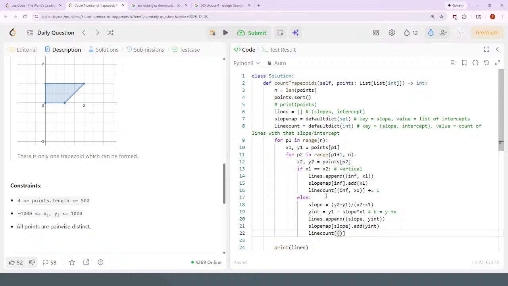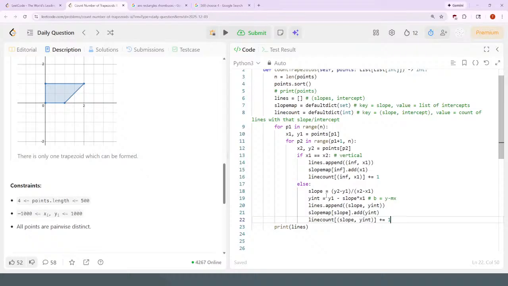Infinity, now this is slope, intercept. I probably can get rid of lines here. Well, it doesn't hurt for debugging purposes. Okay, so now I go through every slope